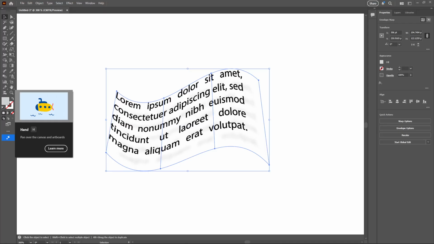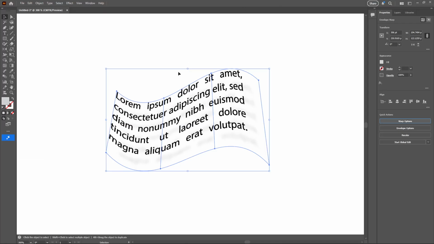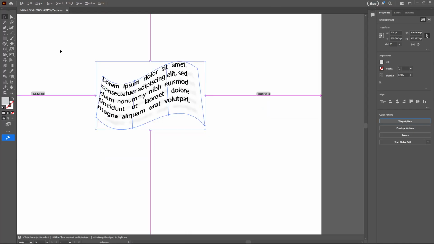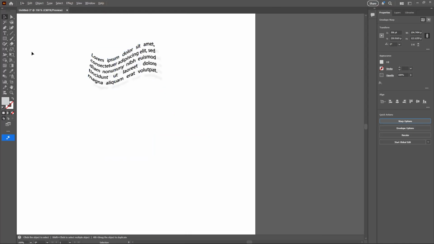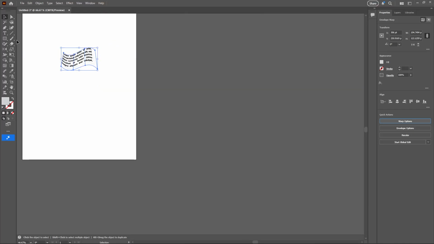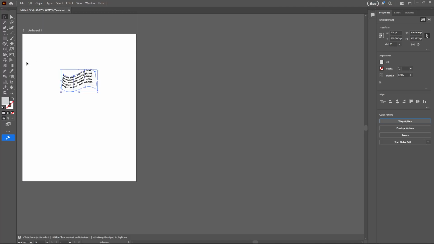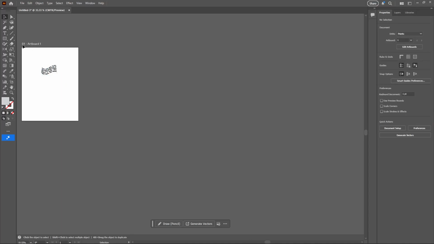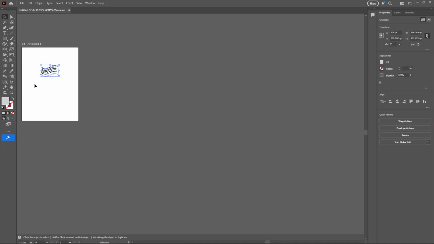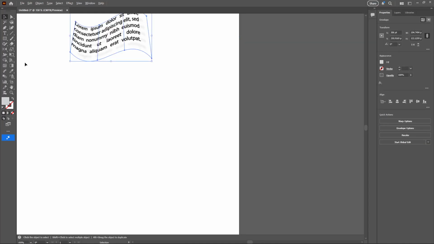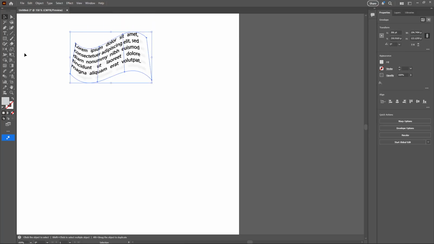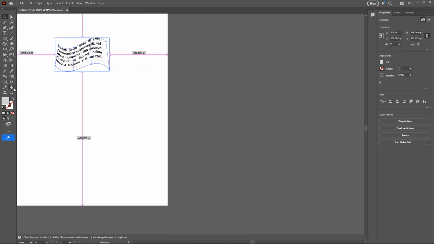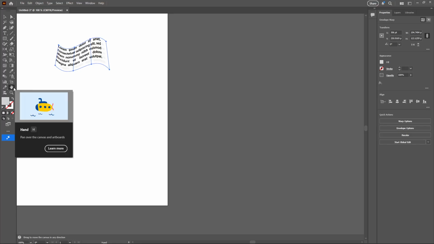Let's dive right in. The first thing you'll want to do is locate the Rotate View tool in the toolbar. To do this, hover over the Hand tool. Click and hold on the Hand tool, and a menu will appear. From this menu, you can select the Rotate View tool. This tool is instrumental when you need to rotate the canvas without moving the artwork itself, allowing for a fresh